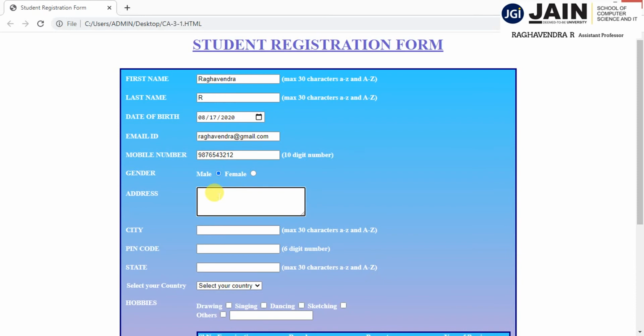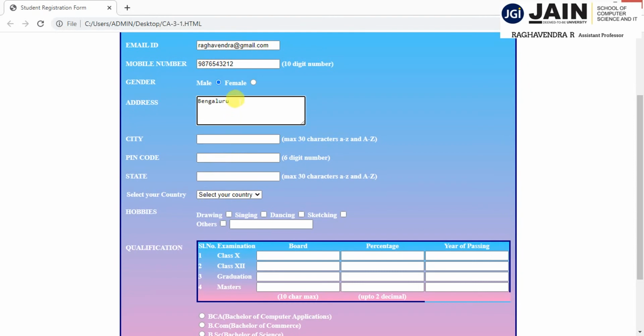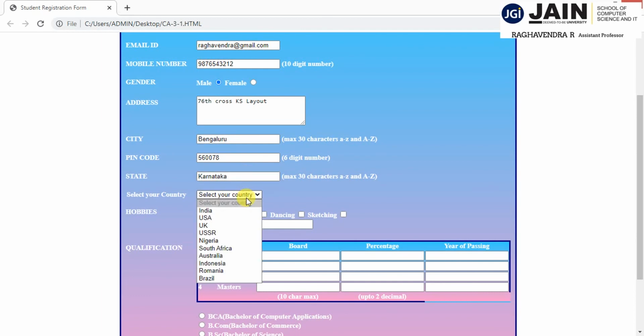Gender male, Bengaluru, address, 76th cross, KS layout, city Bengaluru, pin code 560078, state Karnataka. Select your country: by default it shows, select your country, that is the index. I am not taking anything.